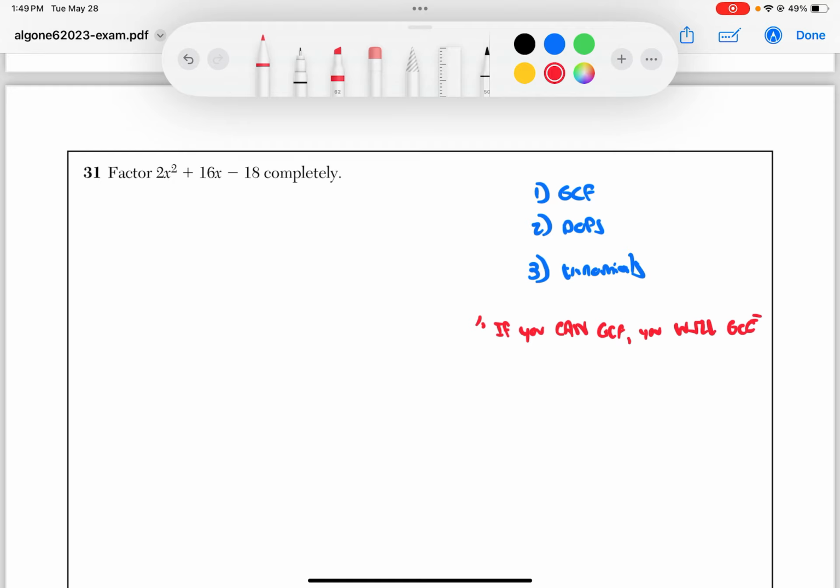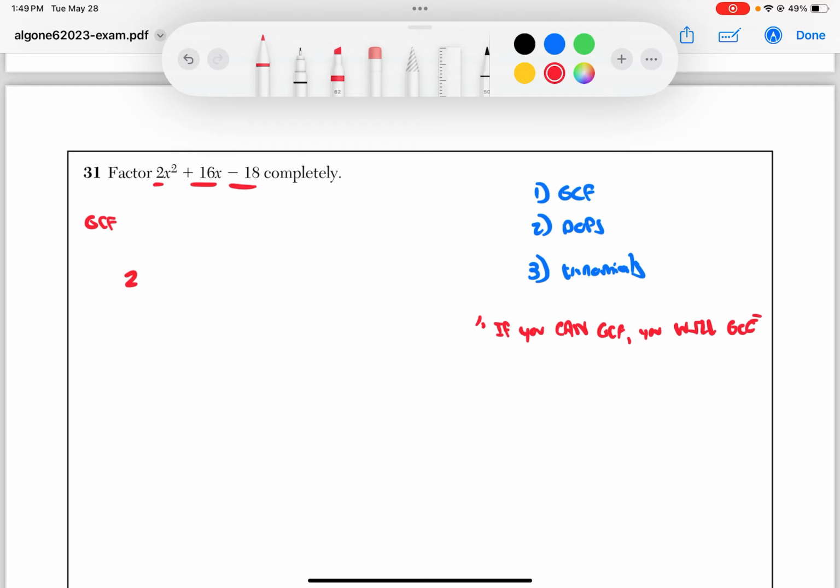So in this case, greatest common factor, I can think of greatest common factor as factoring the numbers and the variables. I can only GCF variables if every term has that variable. These two terms have an x. This one does not. So there is no greatest common factor of the variables. What about the numbers? We have 2, 16, and -18. Is there a number that divides nicely into all three of those terms? And the answer is yes. I can factor out a 2